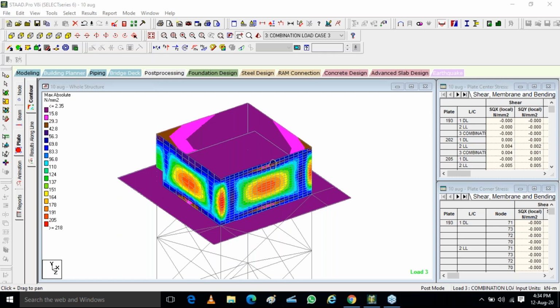What is the size of an element for the division I should do? Size of aggregate, whatever it will be. No, that size we will not take for plate meshing. It should not be very small. We should keep it for the FEM analysis at 10 by 10 centimeters at least, not less than this, and not more than 500 by 500 mm, or you can say 50 by 50 centimeter. Okay.